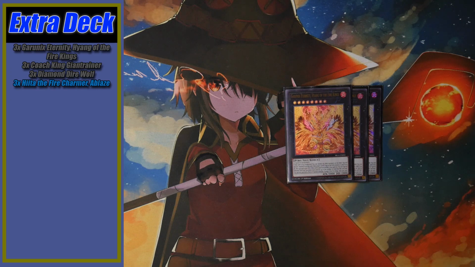Now, let me tell you, this card is absolutely insane, and it's so easy to access. Between cards like your Sacred Fire King Garunix and Kieran, you're going to be able to get this card out very frequently. And while of course it's very good going second when you want to go for a game, especially when your opponent has a mixture of monsters and back row, it's also really good when you go first, because of course remember that Fire King Sanctuary lets you Xyz summon on your opponent's turn if they special summon a